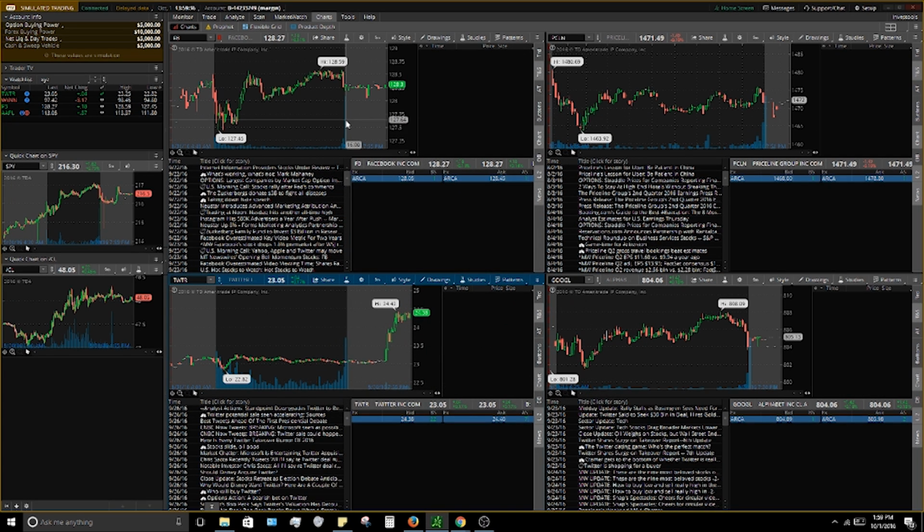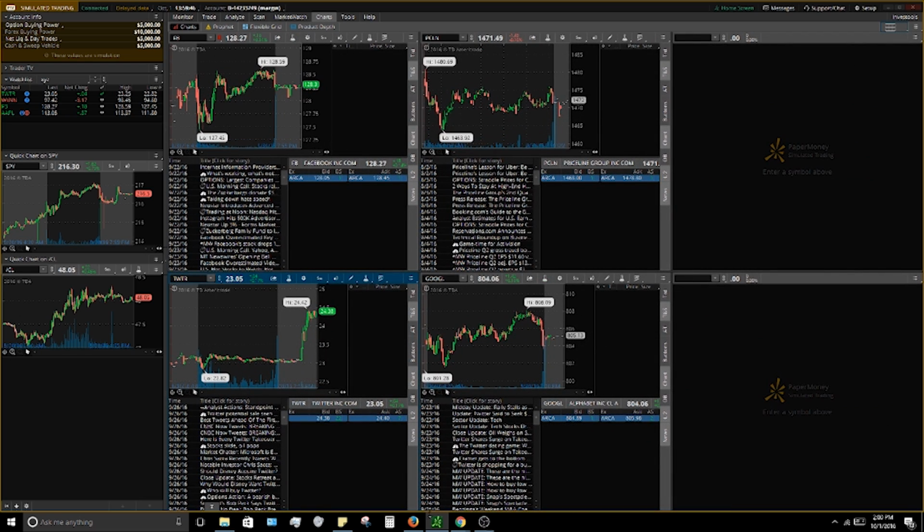That's pretty much it. And if you guys want to add more charts, say if you're working on a bigger screen and all that, go to the waffle up here in the top right. You can always adjust it like 3 and 3. Like I have a big screen, but most of you guys are on laptops. You could just do 2 and 2. And you can just type in whatever and just do it again. So